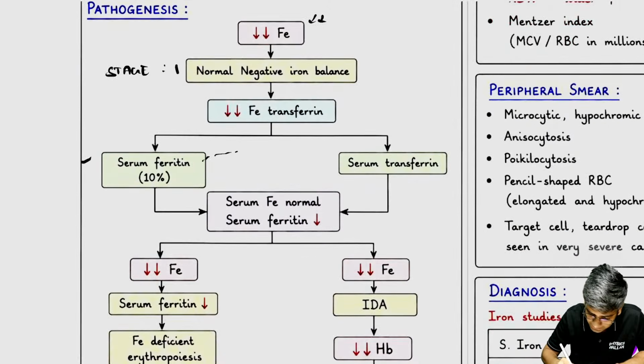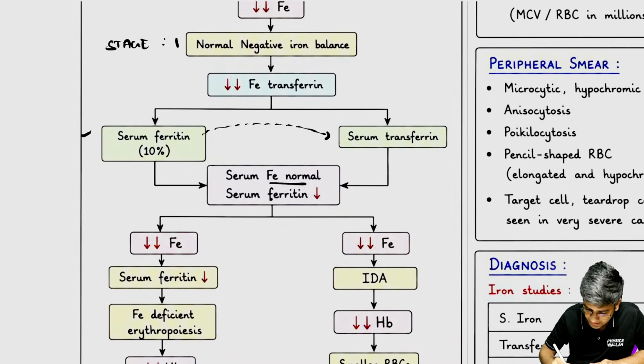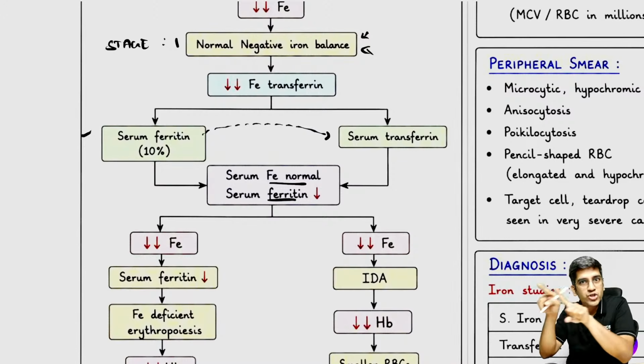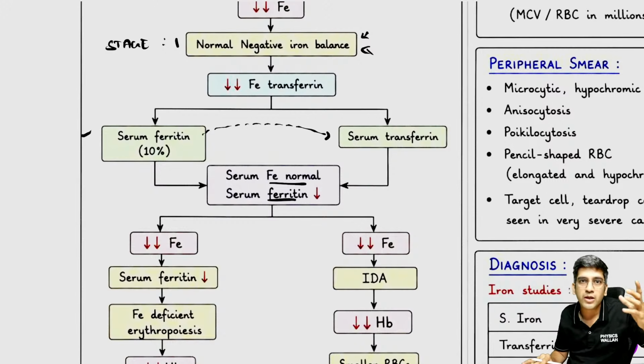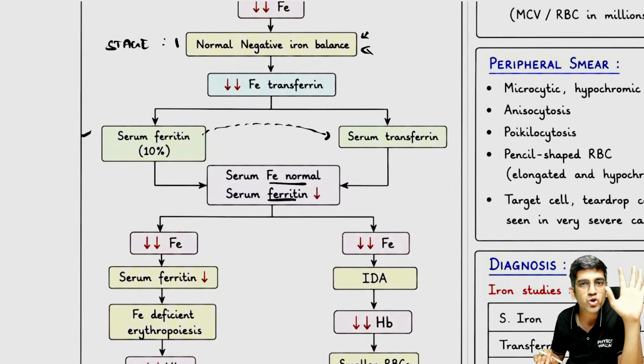So iron from ferritin goes to serum transferrin. Serum iron is normal. So ferritin is reduced, serum iron is normal, then bone marrow also gets iron. This is the stage of negative iron balance. The balance alone shifts from ferritin to transferrin, but iron is normal, bone marrow is not suffering, there will be no anemia at all. But if you go on for a few more months like this, I am borrowing all the ferritin's iron. Ferritin has also become empty.